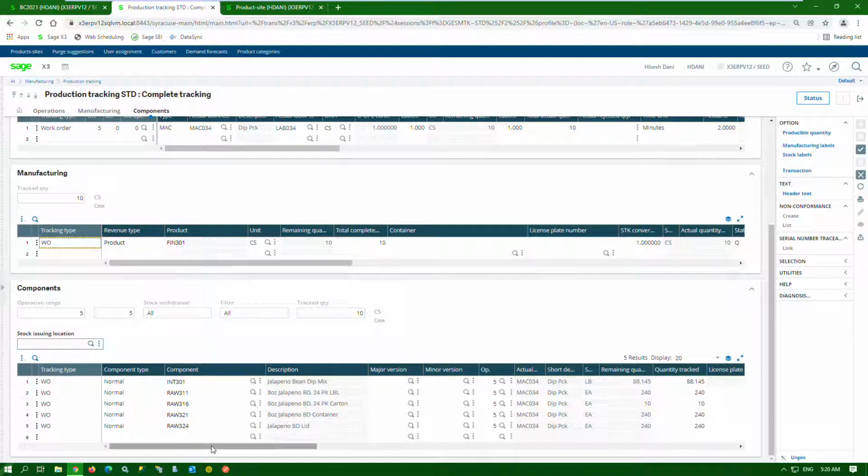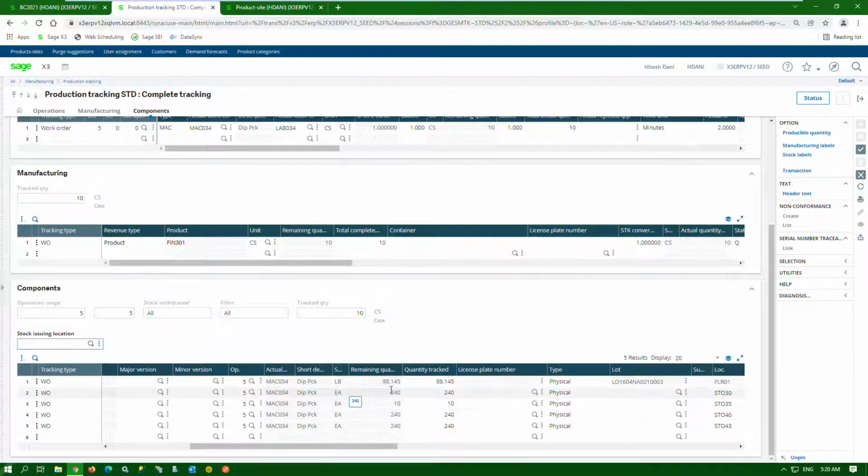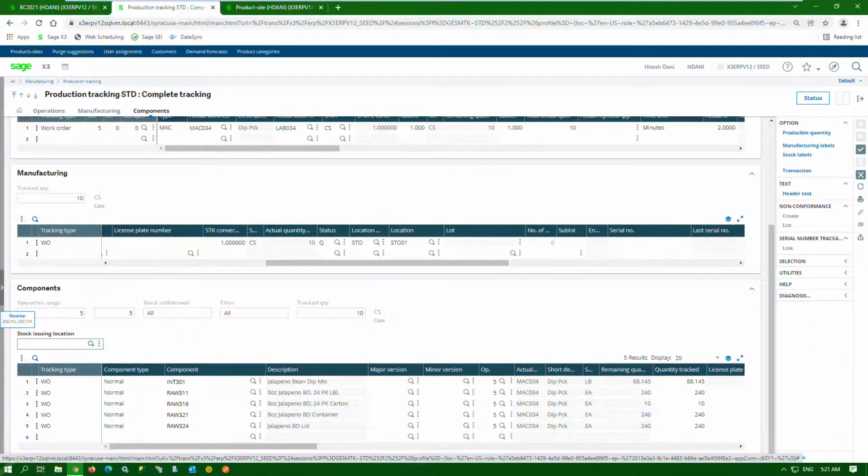Our items in terms of raw material and intermediate item, because we received all 10 quantities, Sage X3 has decided to release the quantity tracked for this item, and if you wish, you can make changes. If you wish, you can accept them as they are. Notice we do not have the lot information just yet. We create the tracking,